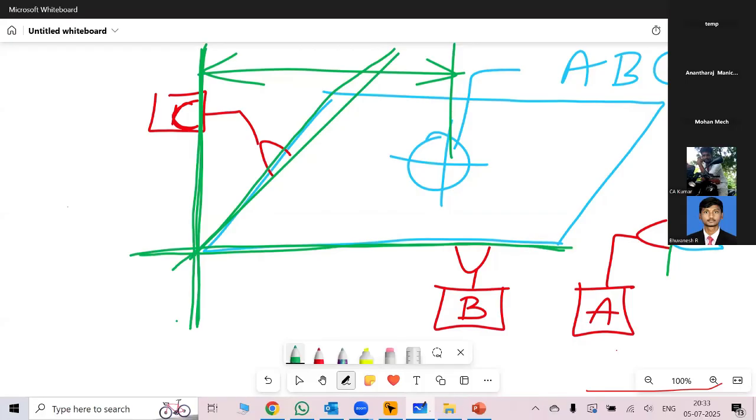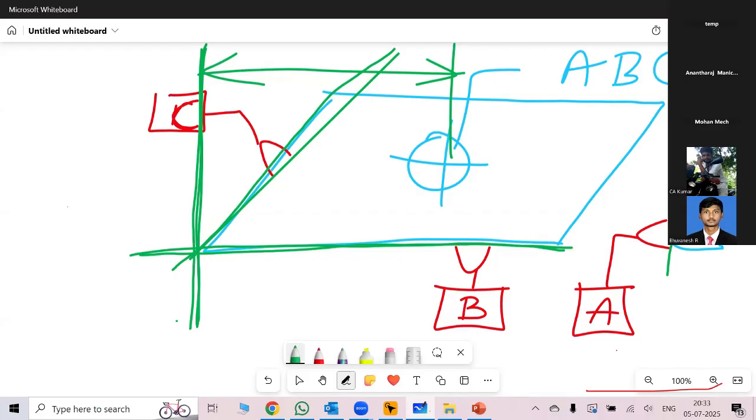So can you explain tolerance stack-up analysis? We are in a GD&T discussion, so let's not worry about tolerance stack-up analysis. Maybe if it is in a different class, we will discuss. It's a very big topic to discuss.